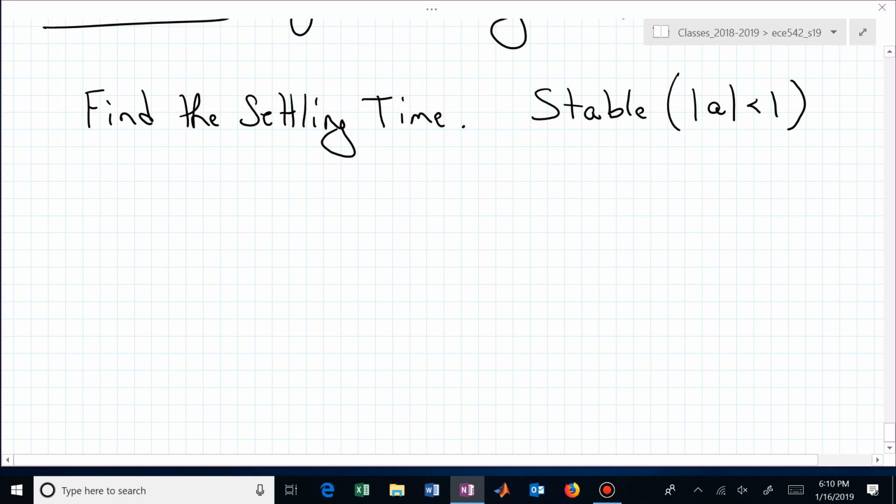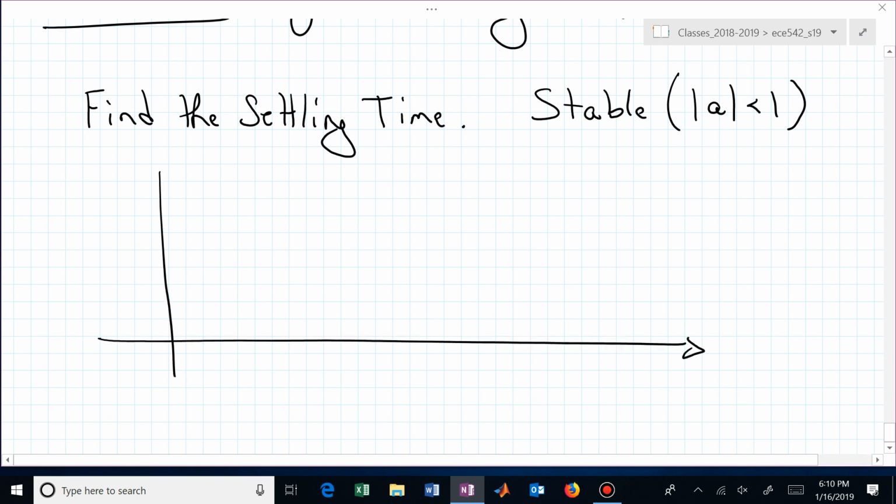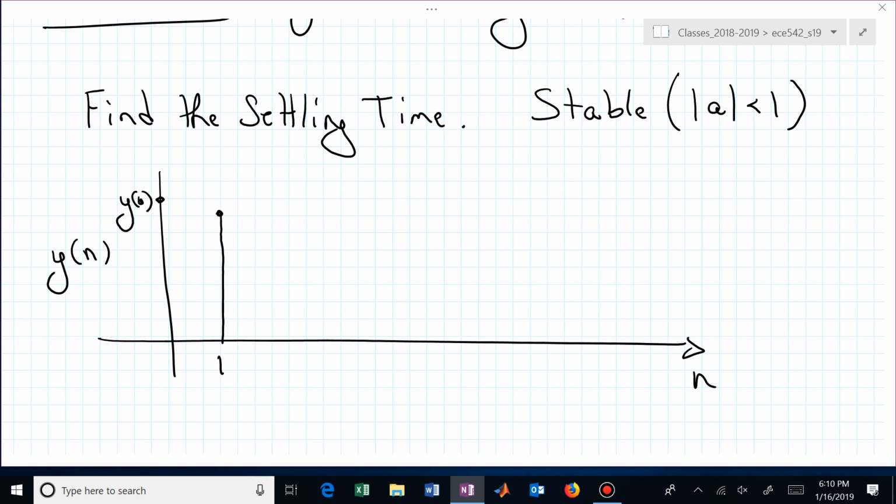In this case, we don't have such bouncing between positive and negative. We now have y at time 0. This is now y of n. Then at time 1, we're going to be a little bit less than 90% of where we started with y of 0. It's 0.88. Then at time step 2, we're going to be 90% of where we were at 1. And hopefully you see